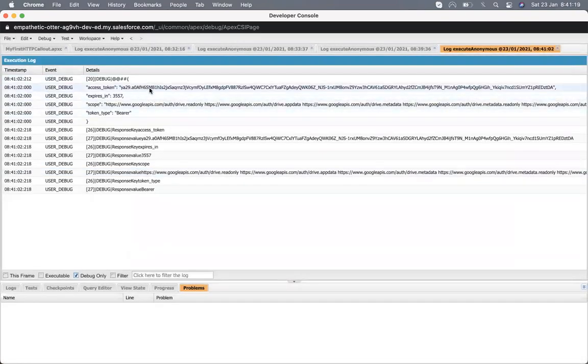Okay, we got the access token, and you can see that in the debug I got the access token, I got the key and value pairs, all those things. So it means that in the access token I got the key, I got the access token.